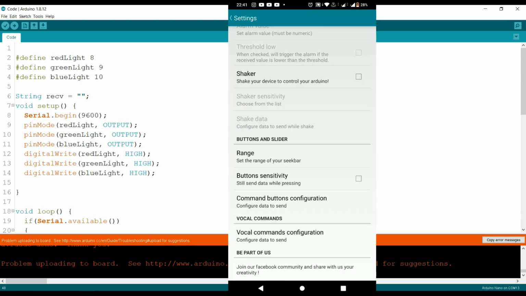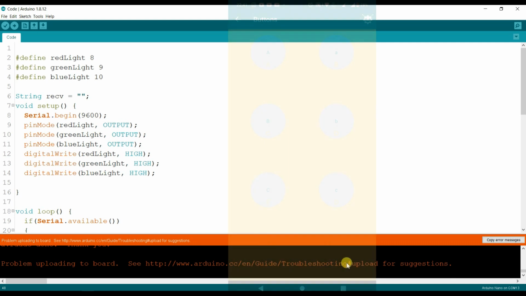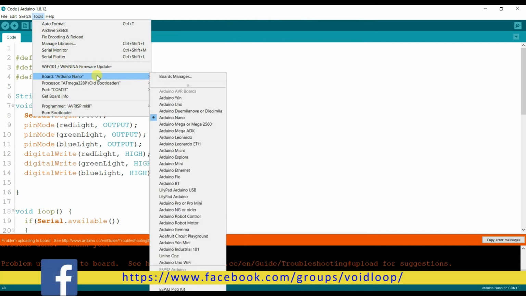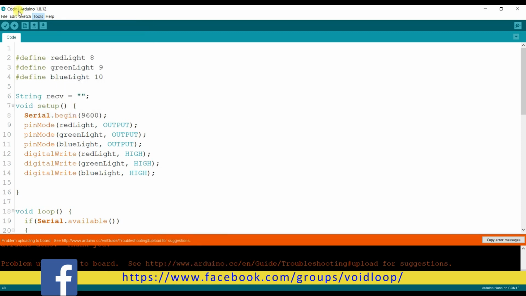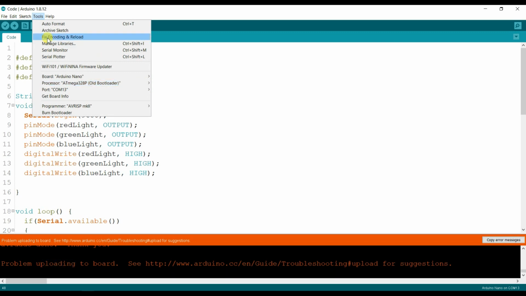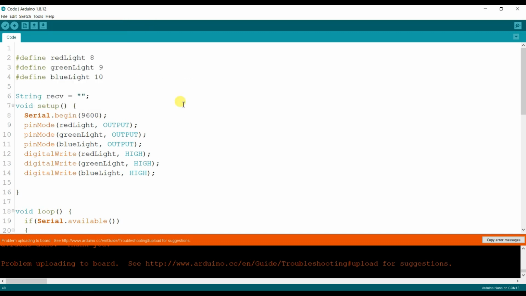I will go back. Okay, I will select the board. The board is Arduino Nano, okay, and the processor is ATmega328P old bootloader, COM port 13. So first we need to know the COM port.